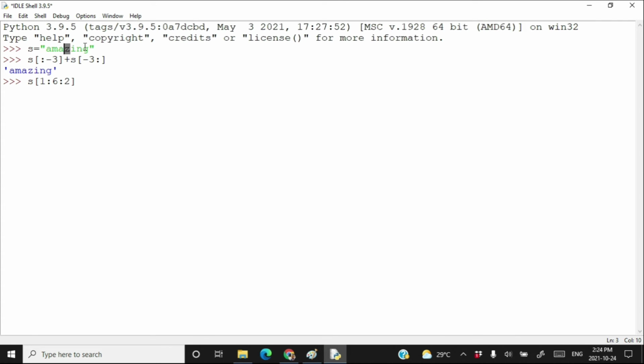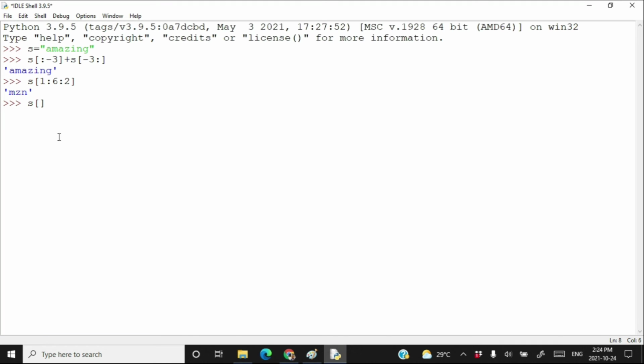From index 3 go to index 5 and take that character also. Keep on jumping 2 characters at a time, taking a character and creating a new string using the characters M, Z and N. Press enter and here you have a string created of the characters M, Z and N. So you can have a jump while doing string slicing.